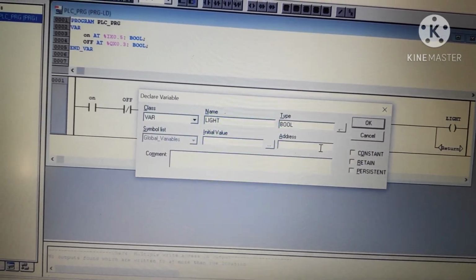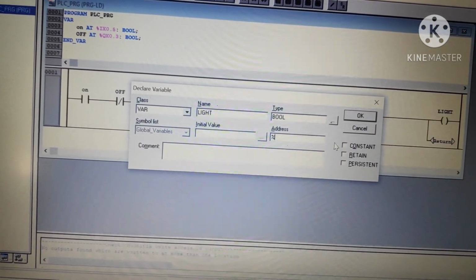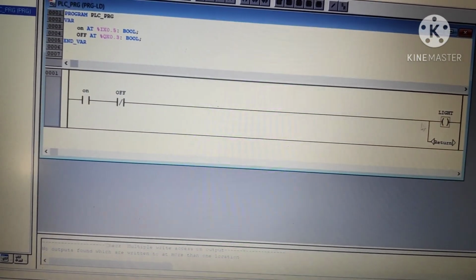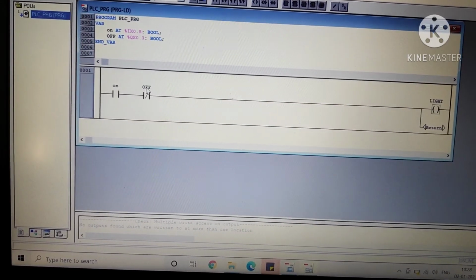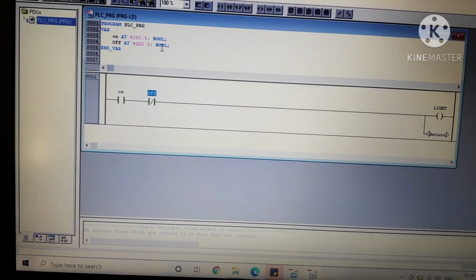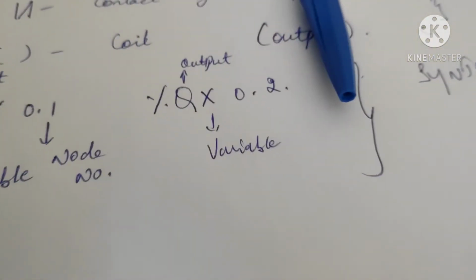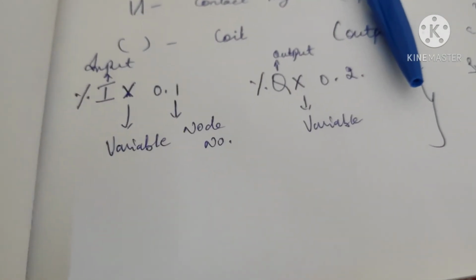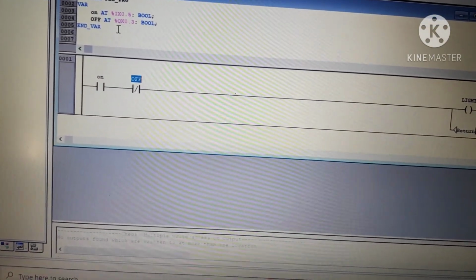Percentage. I made a mistake. I'm sorry over here. Wait. What mistake I have made is, for the off input also I need to give it as I only. Here I gave Q. I'm giving input to off.